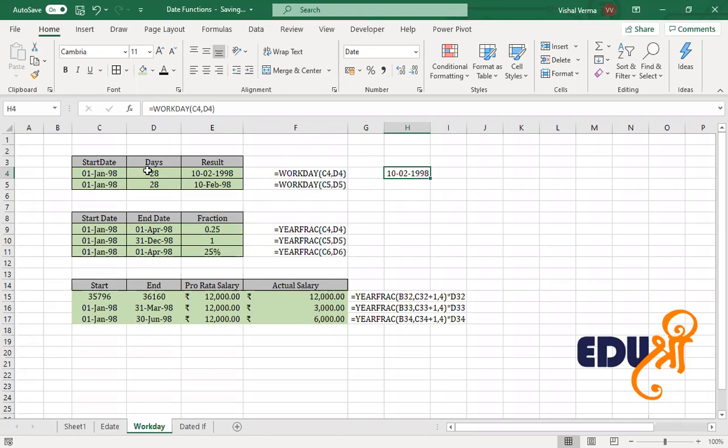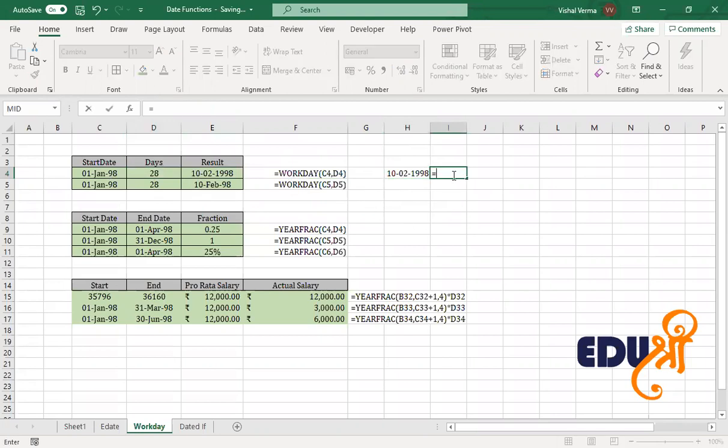If you see the dates, there are basically 28 days that we are adding, but it goes up to 10th of February. Why it goes to 10th of February is because this is considering all your Saturdays and Sundays. Another function that is very similar, when you are typing the function WORKDAY, is